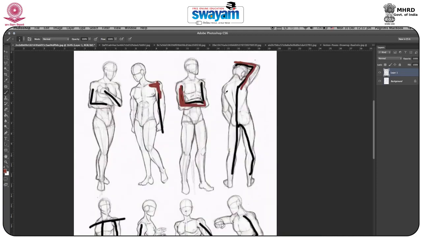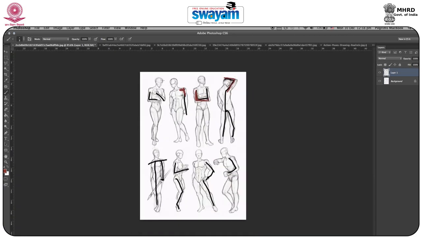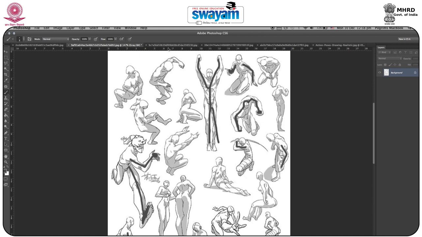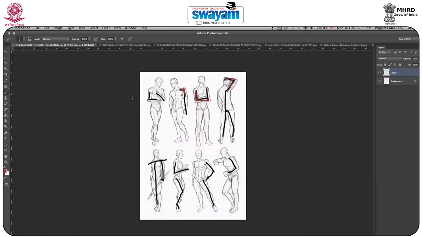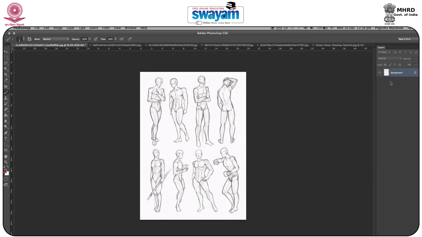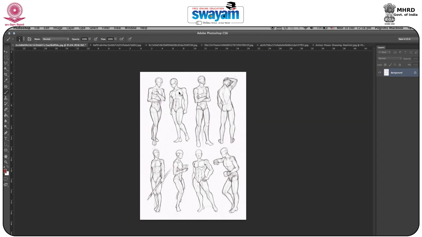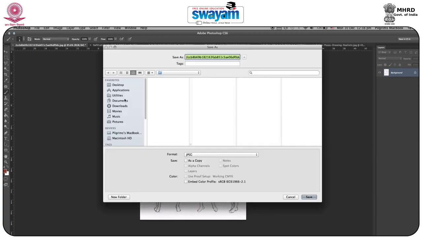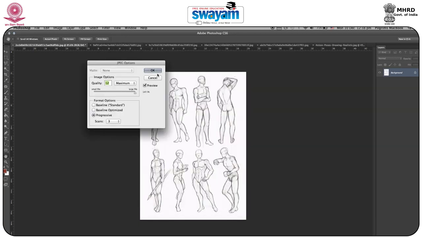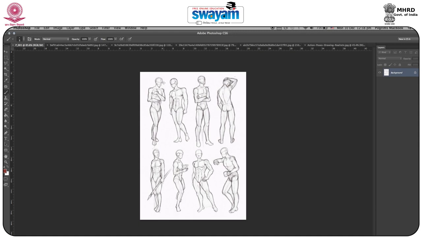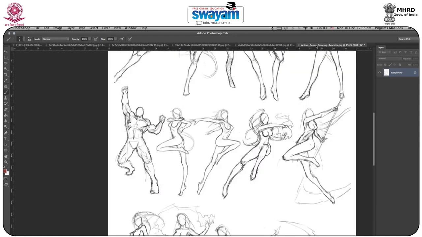Now what I will do is take the reference of any of them and start working on the same. At first I will take a simple reference, so that you may have the idea of how you can go through the same. So I will save it. As you can see, most of the references are simple here. So we will start from simple and go to the most complicated one.